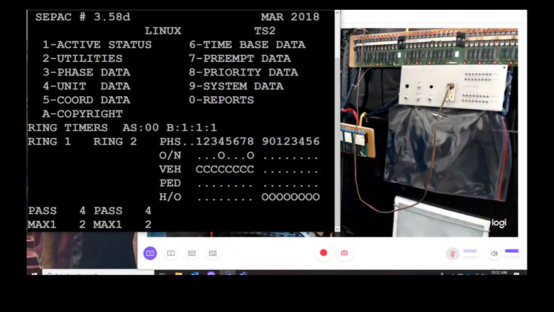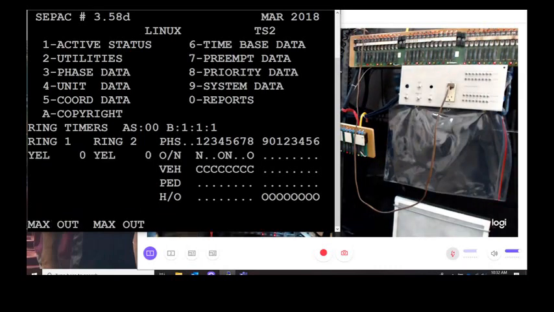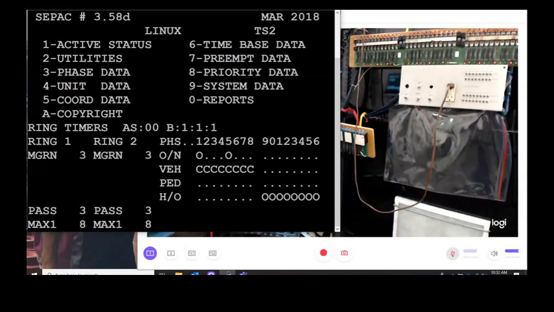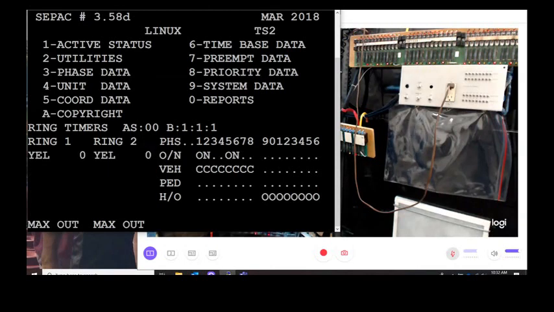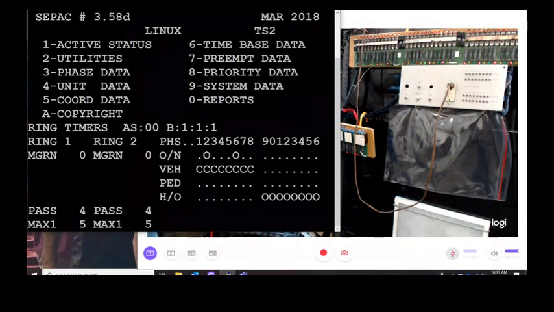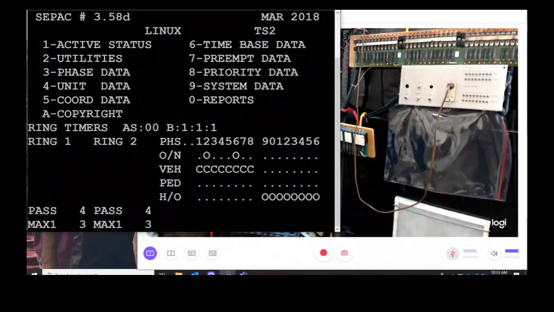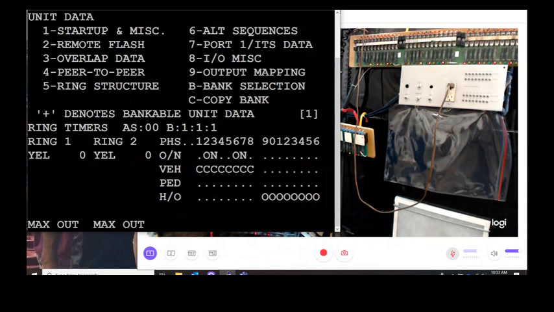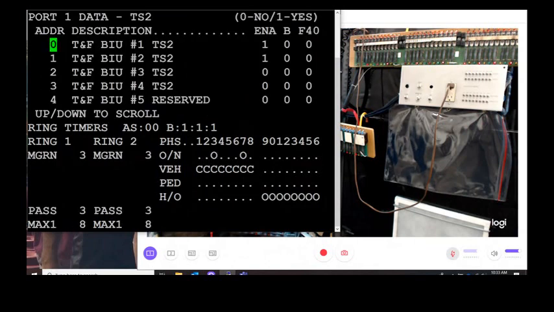All right, so when we go to the controller, our intersection is in flash and we're trying to get it going again. One of the processes for finding the BIU is, I'll tell you, go in, turn off all the BIUs, and just leave the controller and the monitor on. You would go from the main menu, FFF from the main menu, 4 for unit data, 7 for port IO, and you'll see in this where I have it running, I've got BIUs 1 and 2,